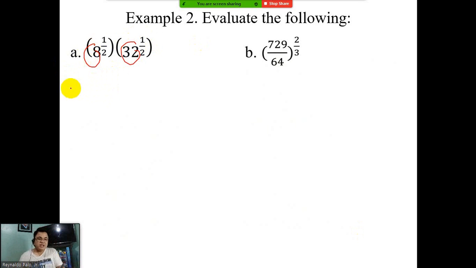So all we need to do is to make them similar for us to be able to simplify this easily by factoring. Okay? So try again. Square root of 8 is not exact, but cube root of 8 is exact, which is 2. So this means that we are going to have 2 cubed raised to the power of 1/2. Then the next one.